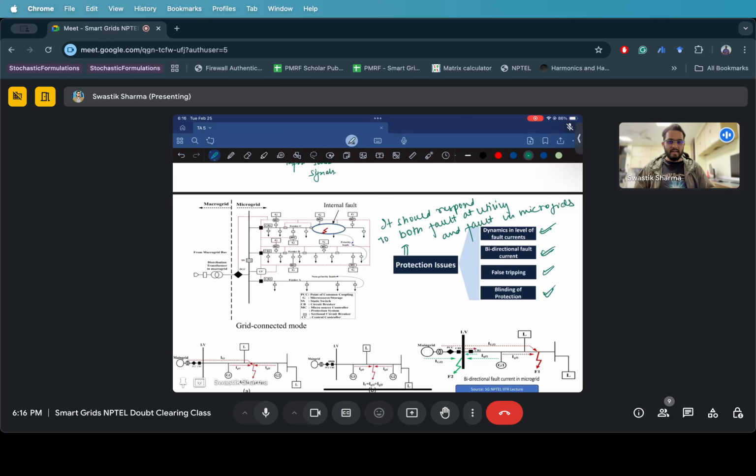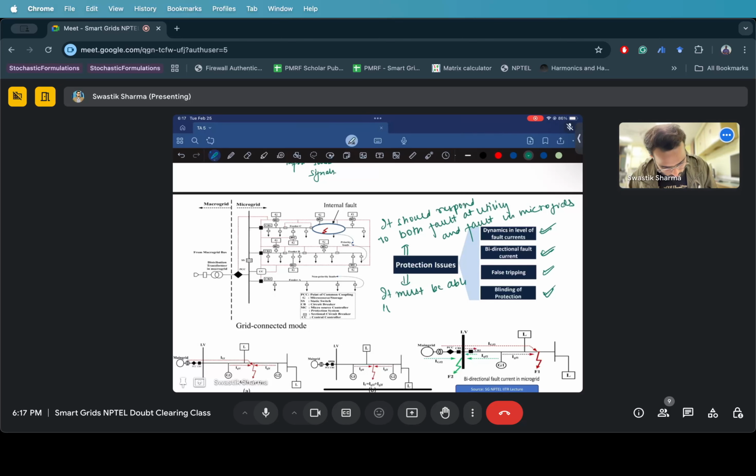By redundancy I mean that you should not always rely on a single relay. You should have multiple backup relays to support that relay. When I say multiple, you shouldn't have an infinite number of relays, but however many is optimal or cost optimized. So there should be inherent redundancies, right? For example, your backup relays should come into play only when your main relays are not working, right? And that is how we will be able to tell if the protection equipment is reliable or not, right? And the second thing is it must be